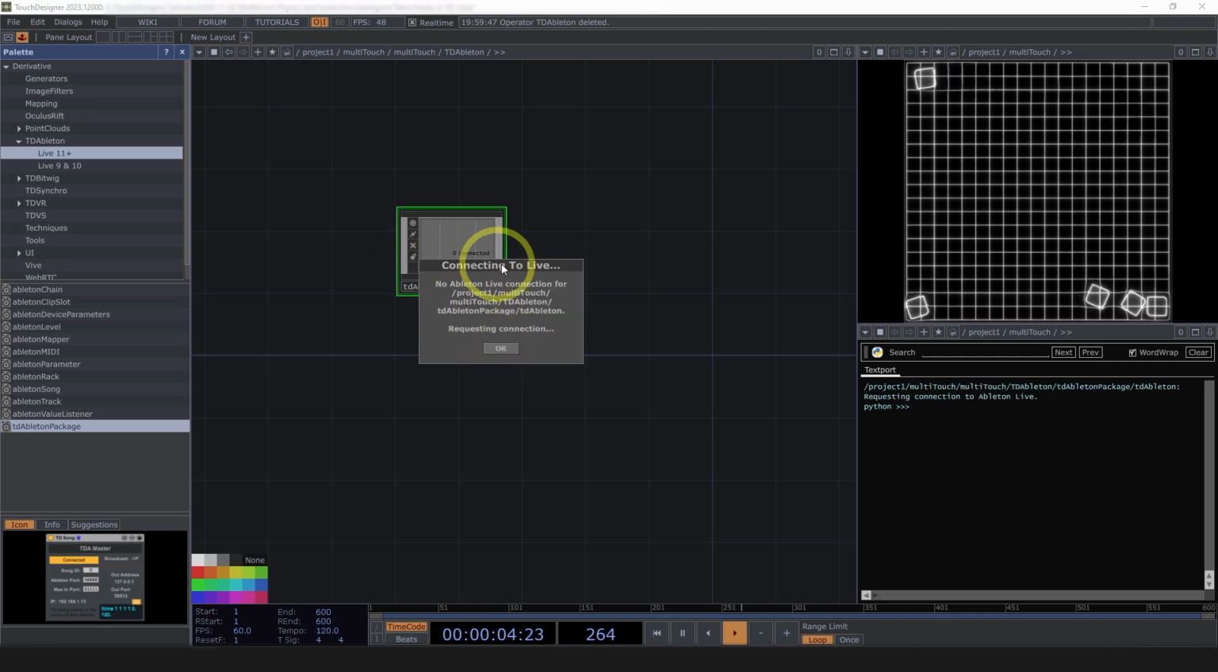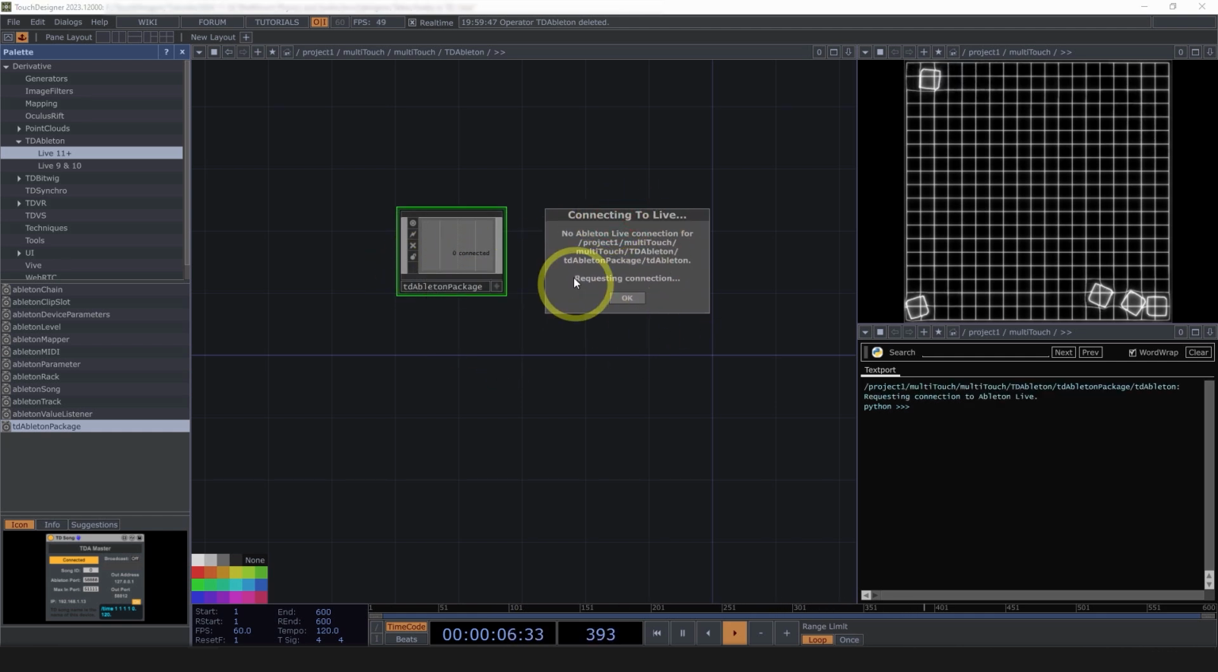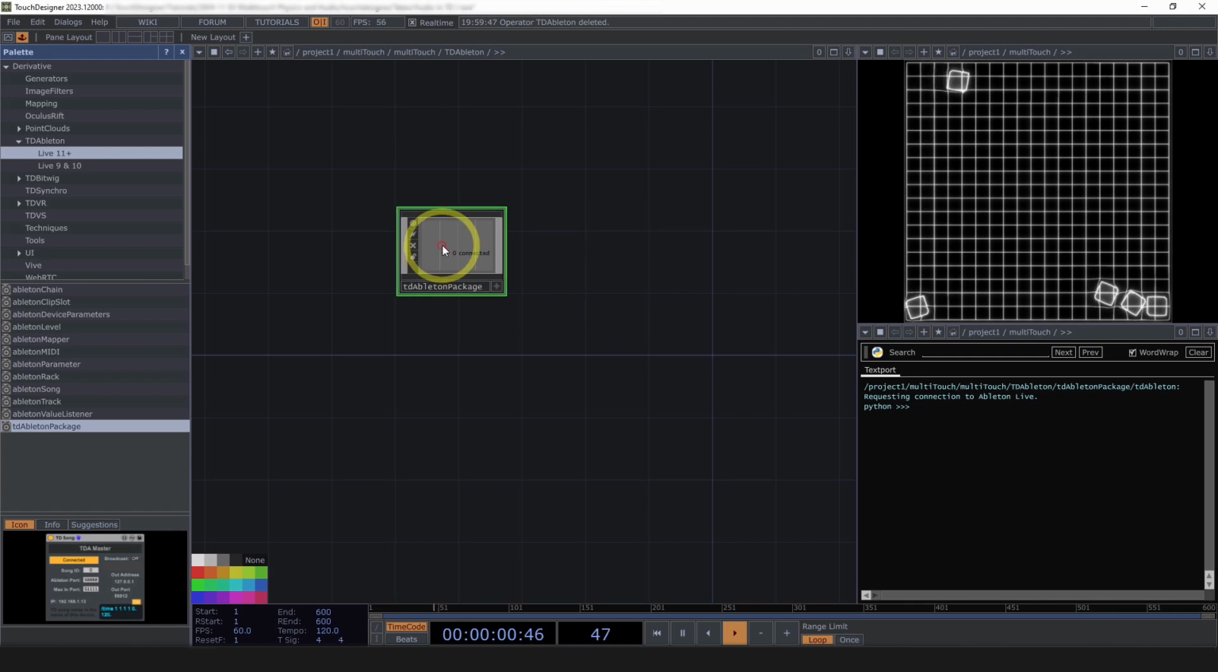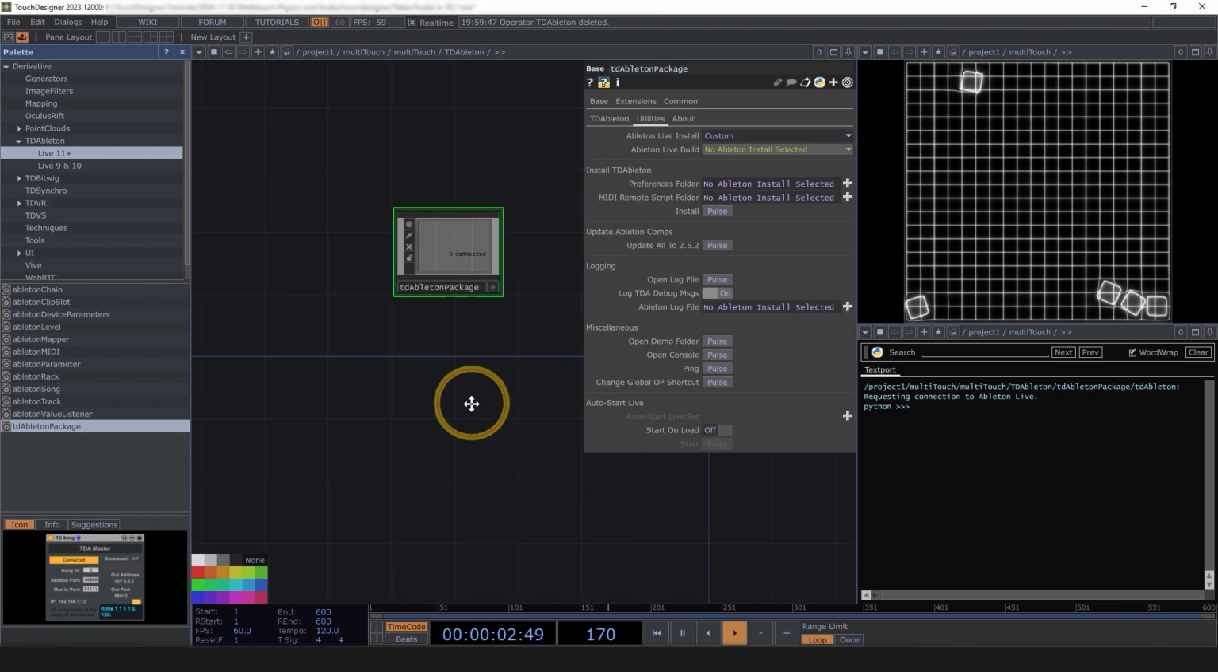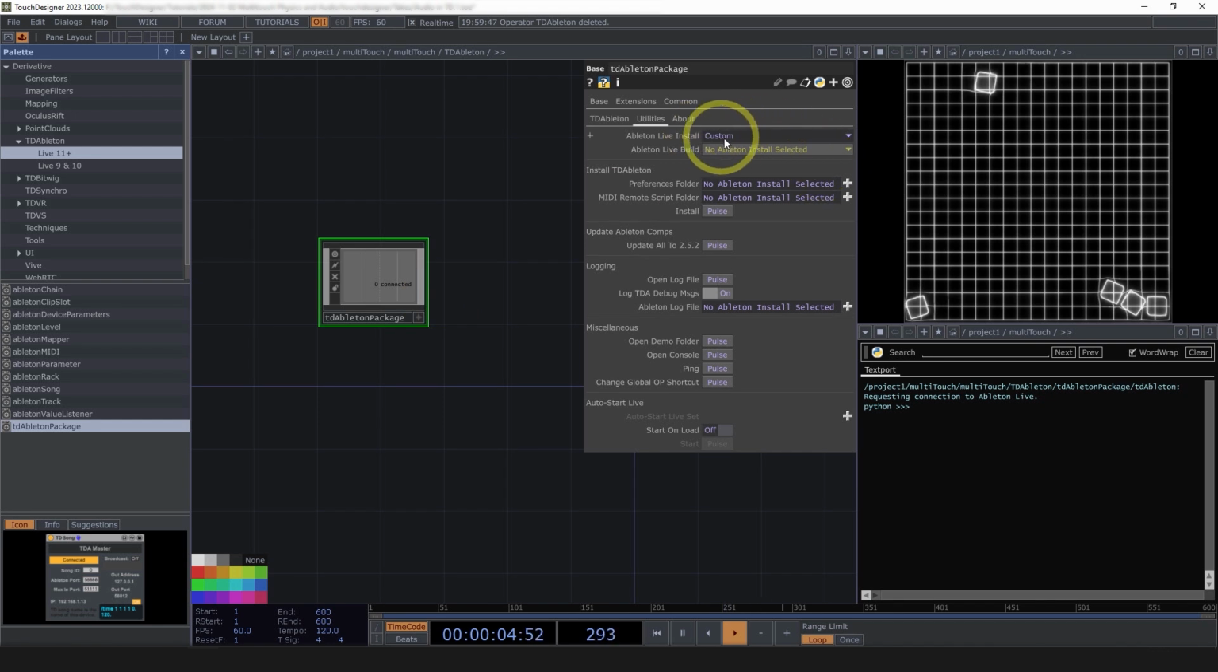And it'll give you this warning. It's like, oh, there's no Ableton to connect to. That's okay. We'll sort that out later. So I'll hit OK. Going to the parameters here, if you haven't installed it already, choose the version that you